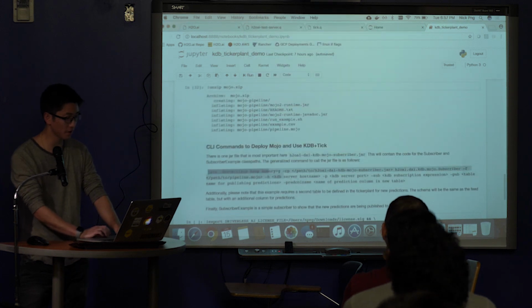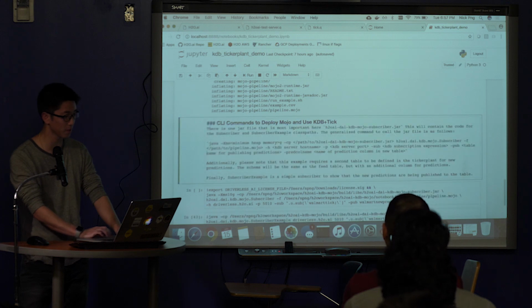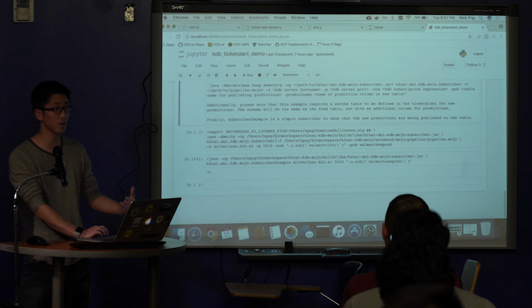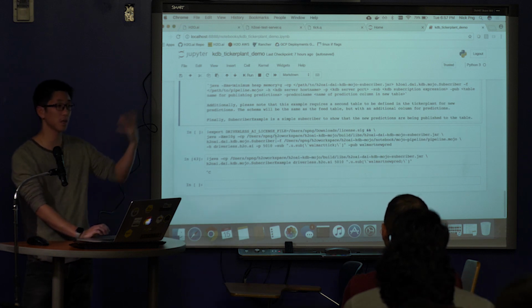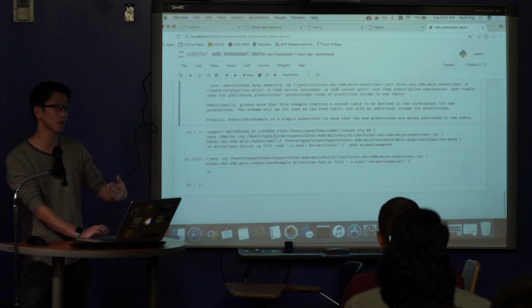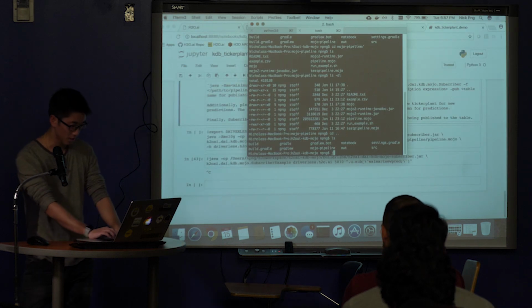Now, what we have here is, I believe, actually open to the public. Basically, we have a Java jar object that we've written that will consume the Mojo, connect to KDB, receive new data from it, make new predictions, and then push that data back to KDB. Okay, so